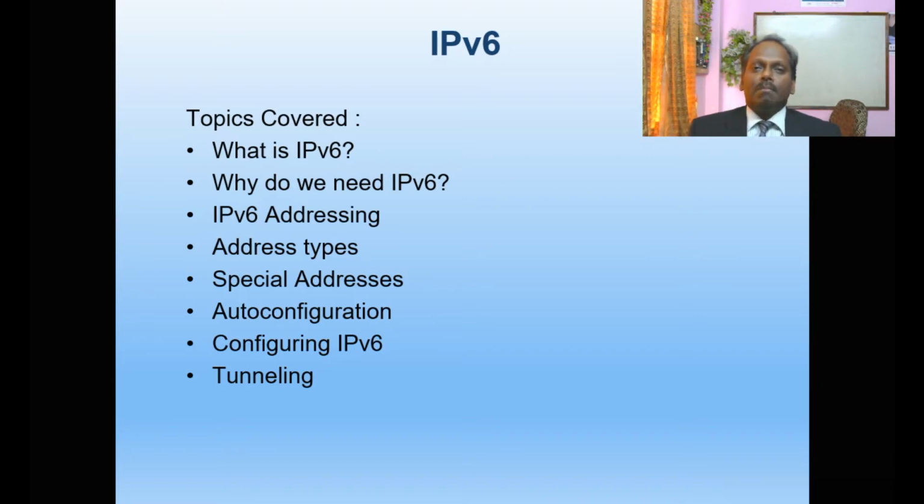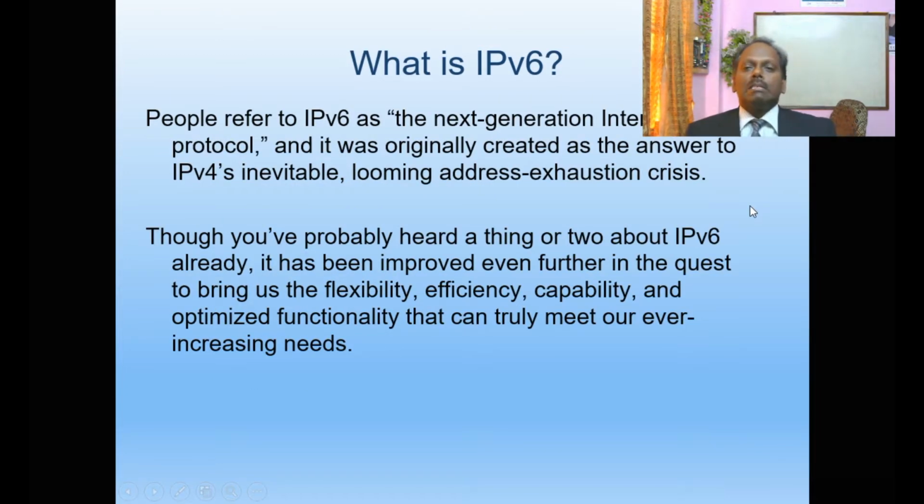Okay, let me move ahead with briefly describing why and what is V6. This is actually the next generation internet protocol. The very reason why V6 has come across is the IPv4 inevitable looming address exhaustion crisis. That means IPv4 can address a maximum of 4 billion, that is 2 power 32. Beyond that, we don't have any address space. To overcome that crisis, IPv6 came across during the late 90s, and it is more in use today in most of the servers as well as in mobile computing.